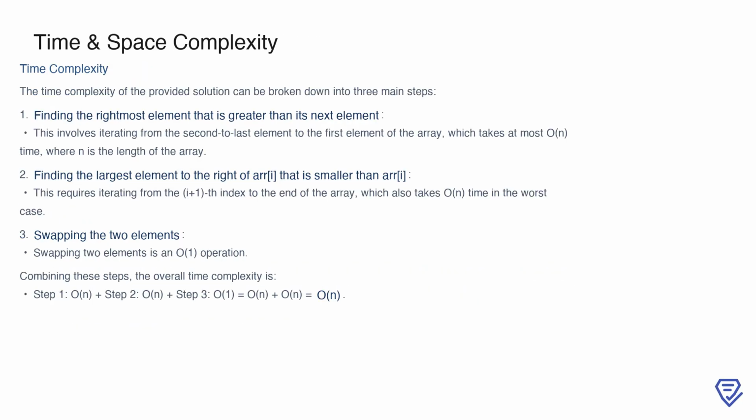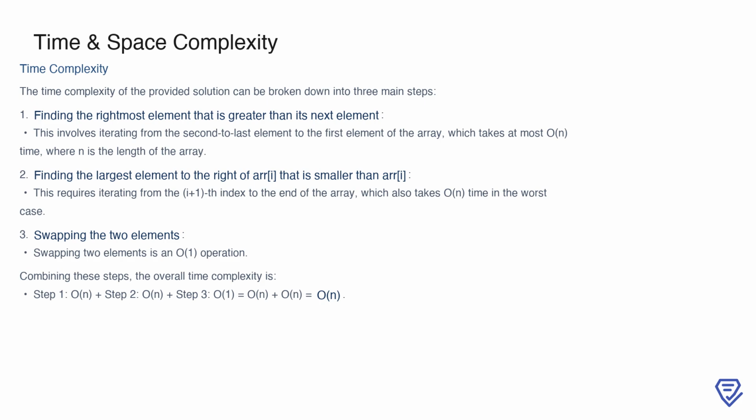The time complexity of the solution can be understood by breaking it into three main steps. First, we need to find the rightmost element that is greater than the one next to it. This step involves iterating backward through the array, starting from the second to last element. Since we only make a single pass through the array, this takes O(n) time, where n is the length of